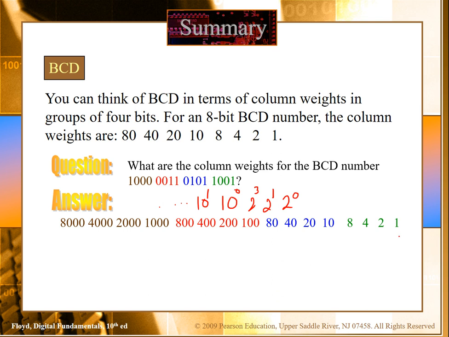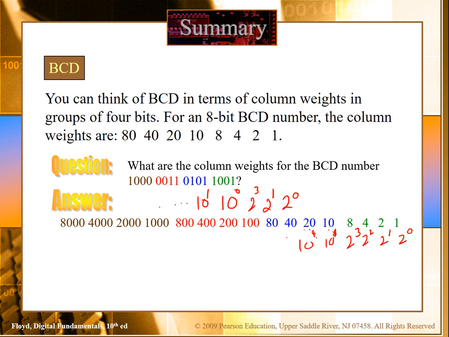Sorry, we start with 10 to the power 1, and then we just multiply by 2.